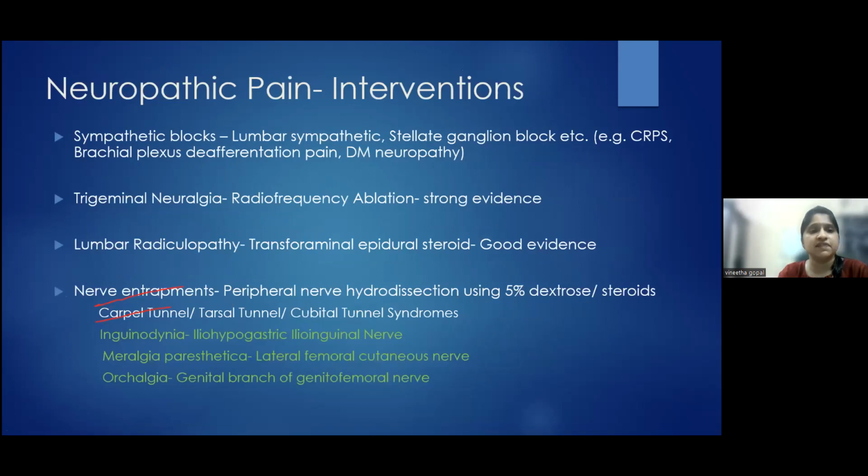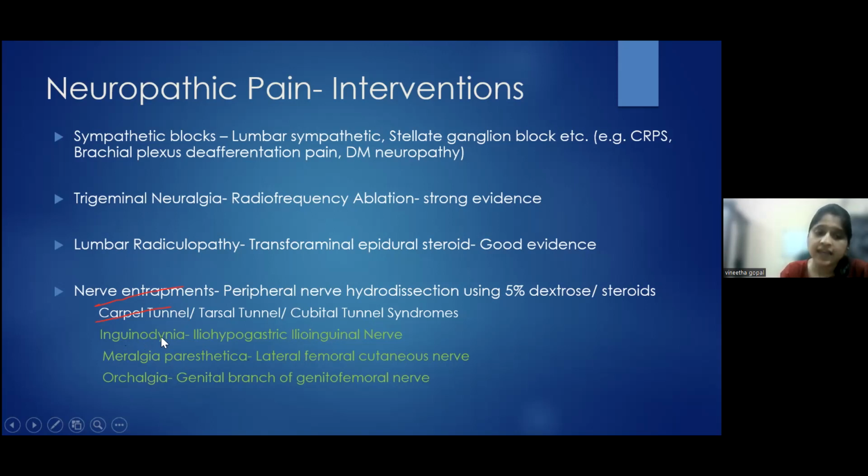Then coming to interventions in neuropathic pain, you know, sympathetic blocks, trigeminal neuralgia, there is very good evidence for radiofrequency ablation. Then lumbar radiculopathy is a kind of neuropathic pain. We have good evidence for transforaminal epidural steroids. And this is something I want you all to know, because when it comes to nerve entrapments, carpal tunnel, tarsal tunnel, cubital tunnel, all these tunnel syndromes the surgeons will manage. Okay, but these patients, highlighted in green, will be sent to you, especially inguinalodynia and orchialgia,